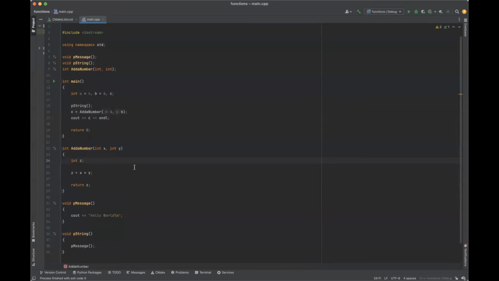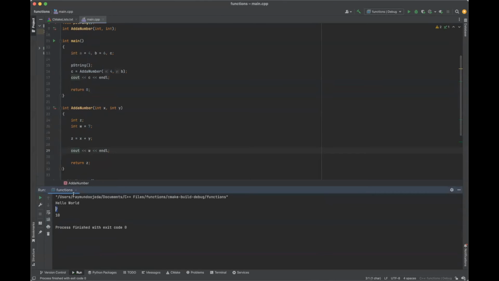I'm going to cout something here: int W equals 7 and cout W endl. I'm just saying W equals 7, cout W,